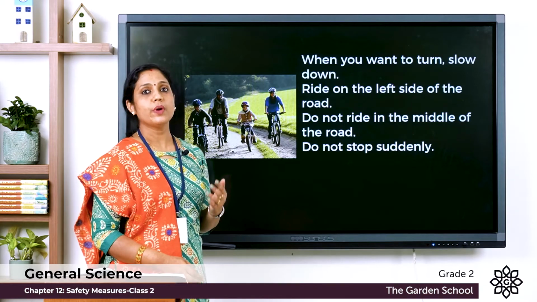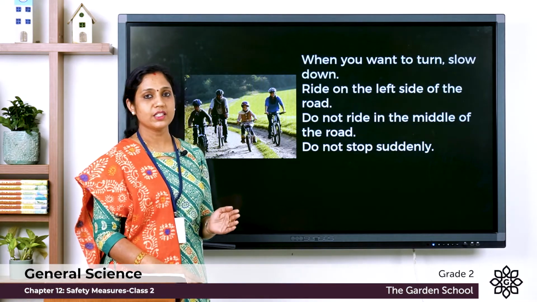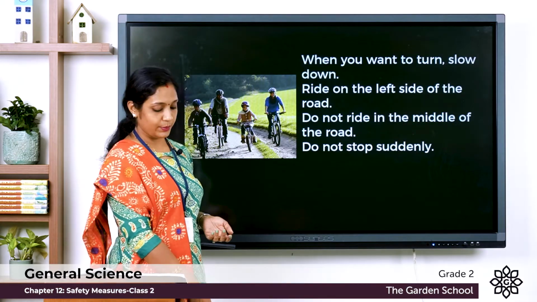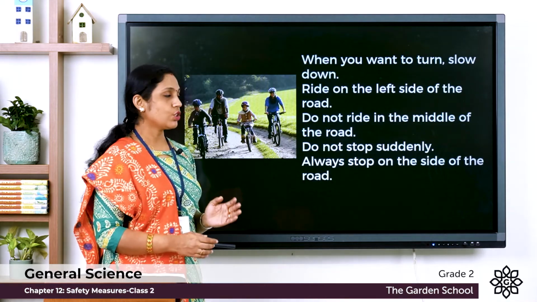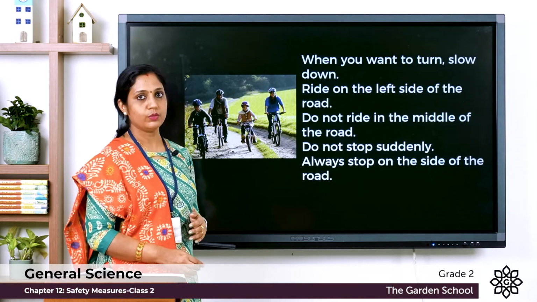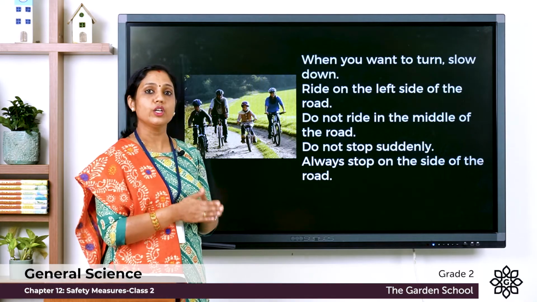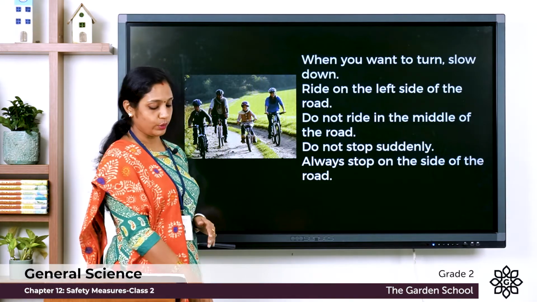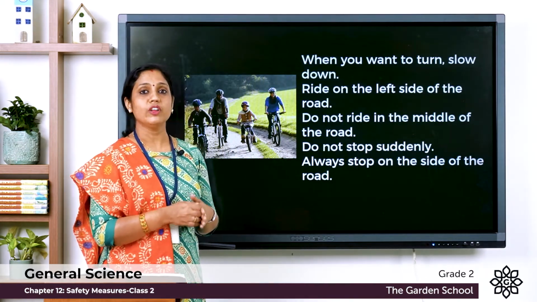Do not stop suddenly. So when you're going on a bicycle, do not stop suddenly. And always stop on the side of the road. Do not stop in the middle of the road. You need to stop on the side of the road. So these are the rules that we need to follow while